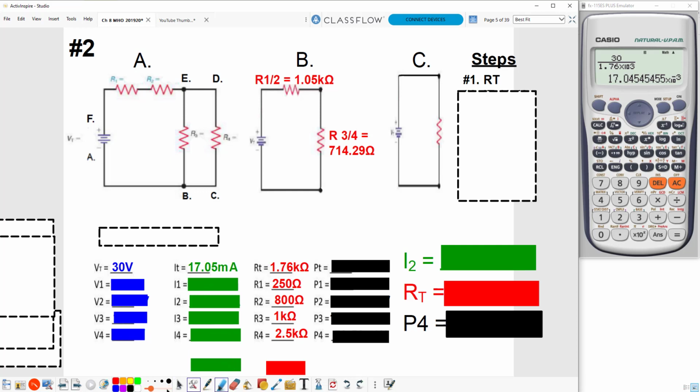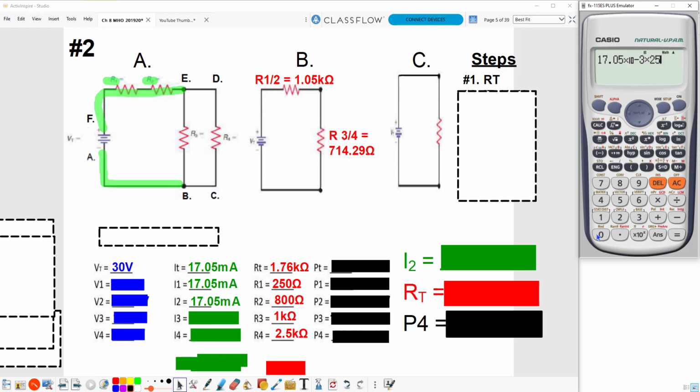Now, if I look at the construction of the circuit, I understand that from point A to point B is the main branch. All of the current will flow from A to B. From E to F is the main branch, so all of the current must flow from E to F. And since R1 and R2 are on the main branch, that tells me that I1 and I2 are also going to be 17.05 milliamps. All right, now I've got 2 out of 3 for V1 and 2 out of 3 for V2. So I take the 17.05 milliamps